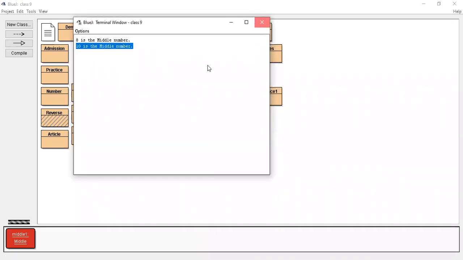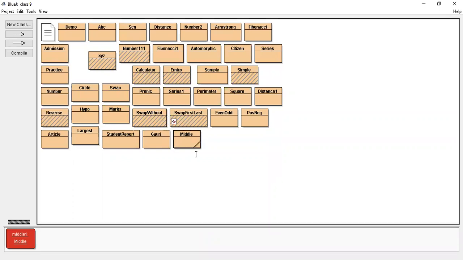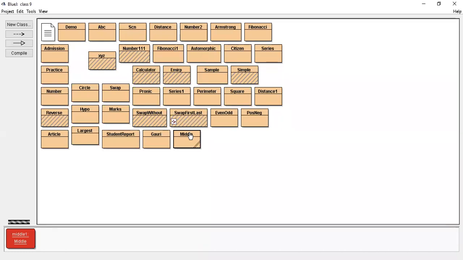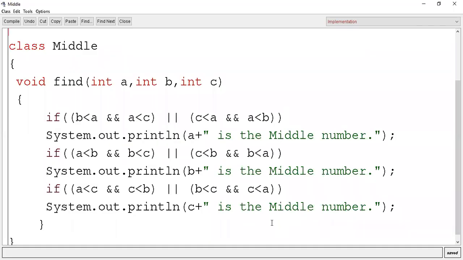So in this way, the programming has been done for finding the middle number. I hope that you all understood this program, the simple if program to find the middle number. The main part, students, is that you have to create the logic and the concept, and do more practice of programming as well.